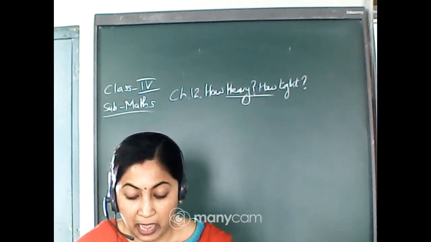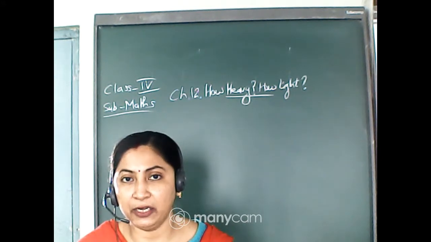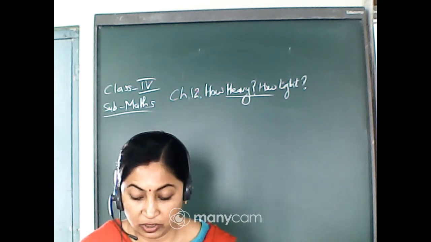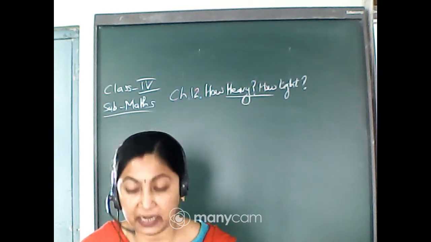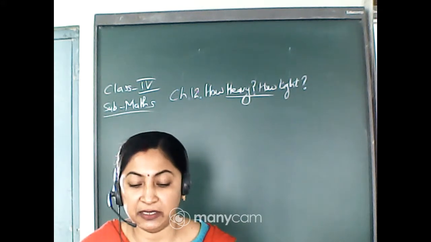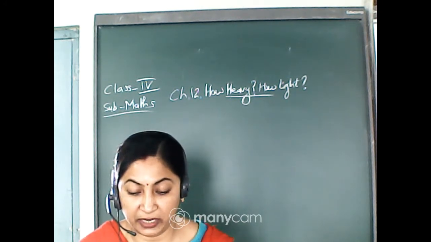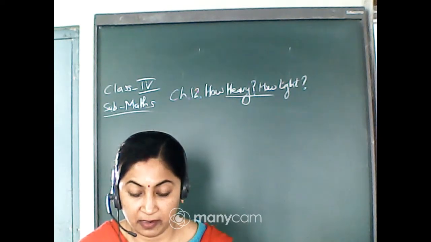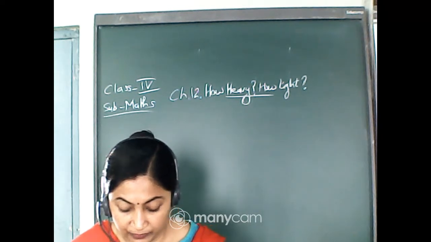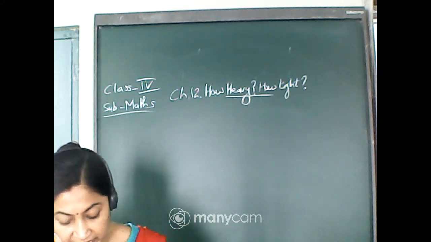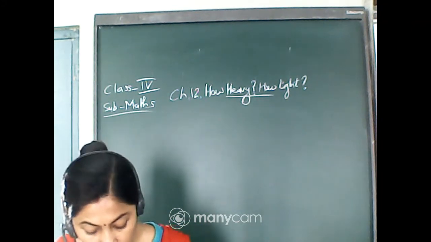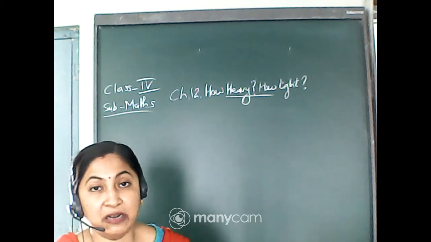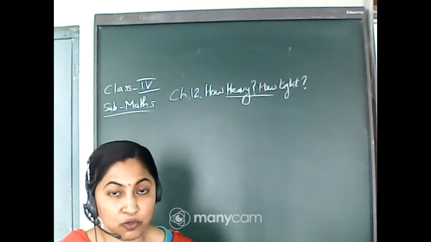Next one. How much does an inland letter cost? Now what is the cost of the inland letter? It is exactly 2 rupees 50 paise. So write it in the book. 2 rupees 50 paise. Written. Now come to the next one. Look at the postal rates given in the chart. Now question number 1. By seeing the postal rates you have to solve these questions.